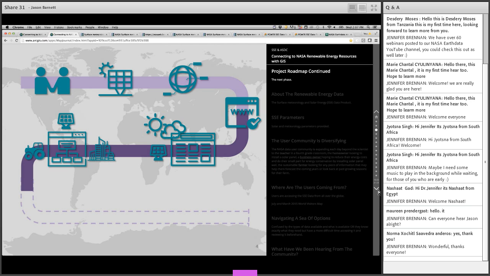What I want to do now is give you a brief demonstration of how a current user accesses the data through the SSE portal, the way it's set up. So when they come to the SSE website, they have several different data access capabilities. You have things like data tables for a particular location. You can look at regional data subsets. You can retrieve some daily data, download the entire globe data set parameters, as well as look at some interannual